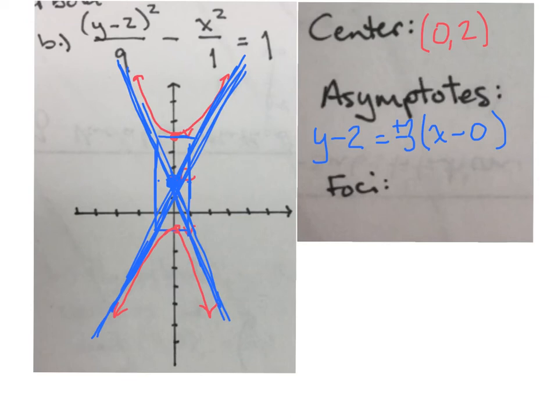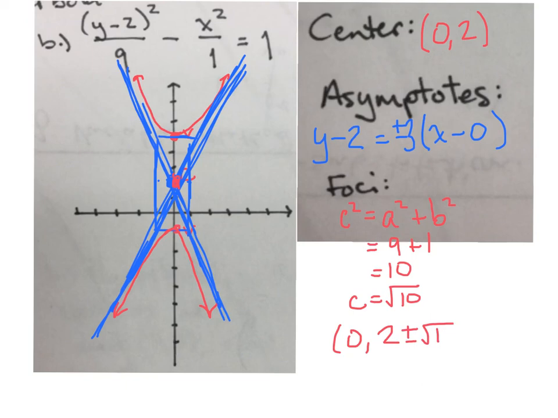Finally, for the two foci, we once again have to look at c squared. And in a hyperbola, c squared is a squared plus b squared. Those two denominators. So c squared is going to be 9 plus 1, which is 10. That means c is the square root of 10. And once again, we're going to add and subtract that distance from the center to the foci. And the foci have to happen inside of the curves, which means from the center here, we're going to have to go vertically c units, which means we start at the center, keep the x coordinate the same, and add and